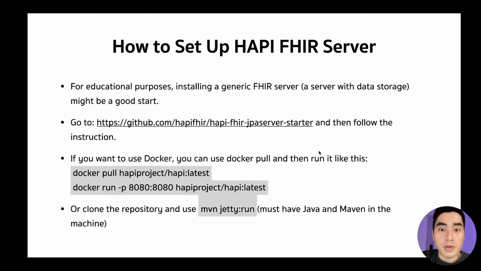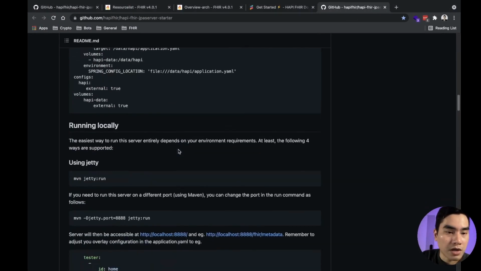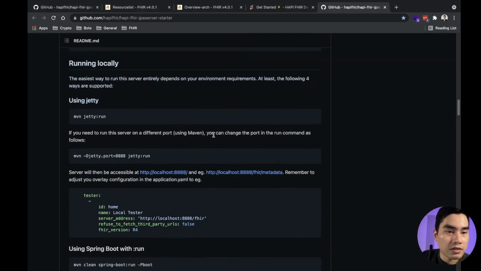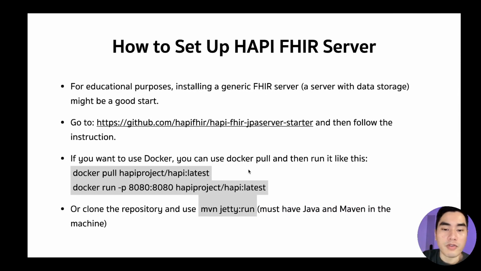But if you cannot use Docker, you have to do it manually here. So using Maven Jetty run, but before you can do that, you have to have Java and Maven installed first. And there are a lot of manuals on how to do that on the internet. That is how to set up HAPI FHIR locally.